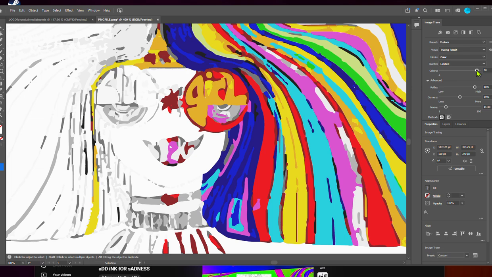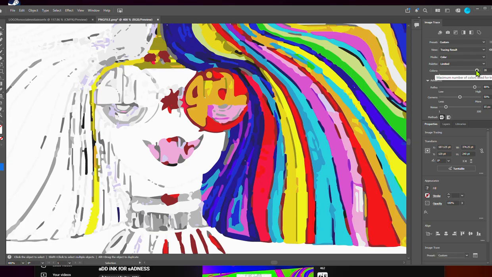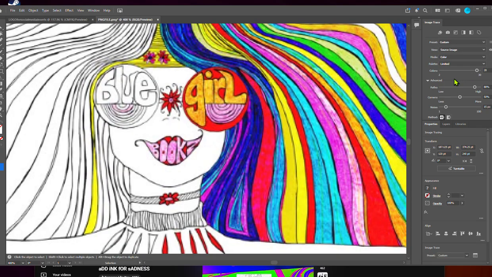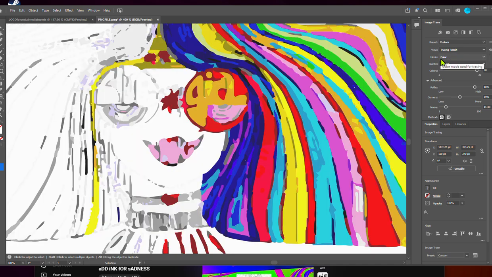So colors. Oh, let's go up on the colors. Don't think I've ever used that one because I don't usually use colors. So why does that say custom? I guess because I'm using, what is source image? I have to play around with all of this. Oh, that's the original. Okay. That's so confusing. Tracing result,